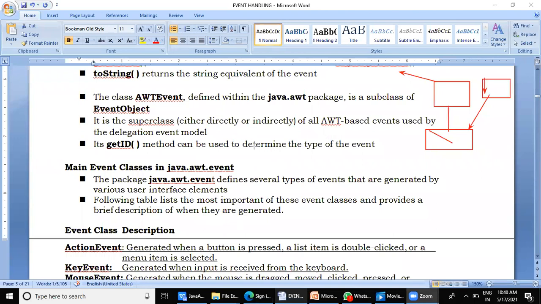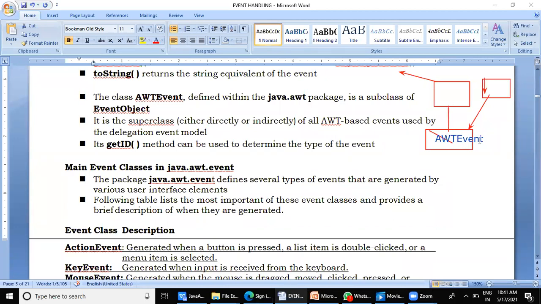Fine. So now, what is the parent here? What parent did we learn? The EventObject class, which is the root of all the event classes. And now we are talking about this particular class, which is AWTEvent. So here, this child is actually AWTEvent. We are going to learn more about this AWTEvent class, which is a child of the EventObject class.